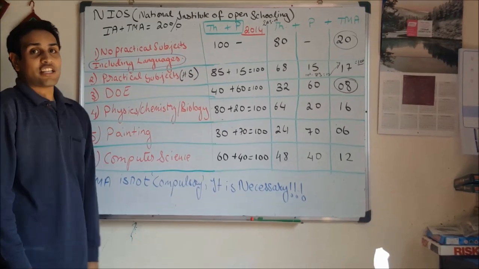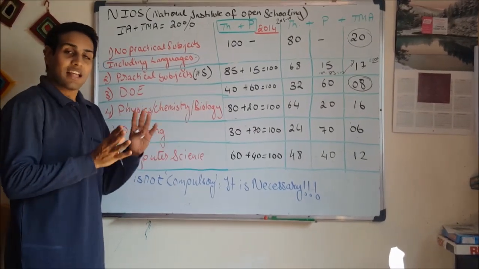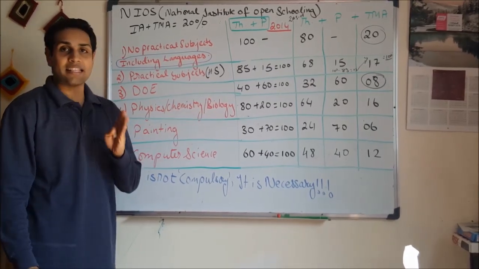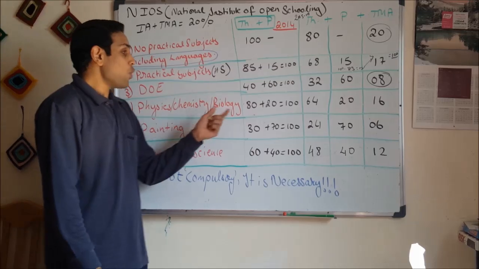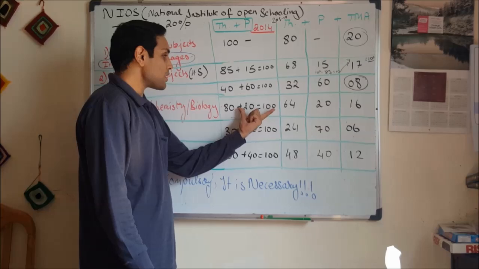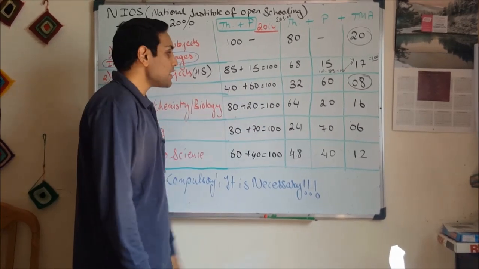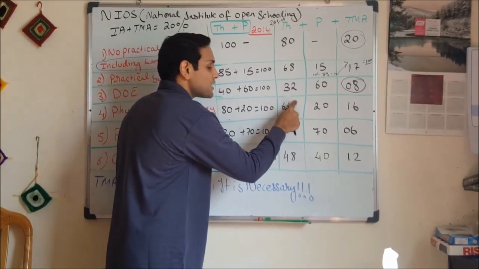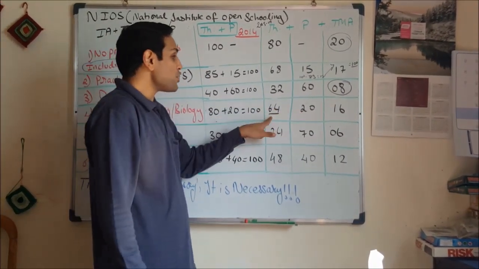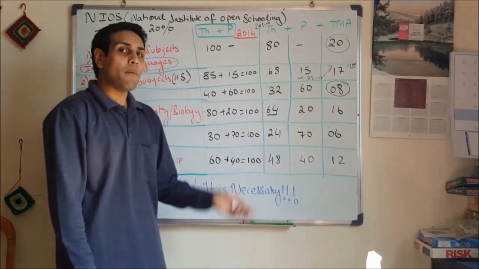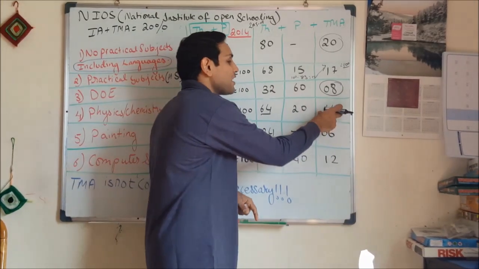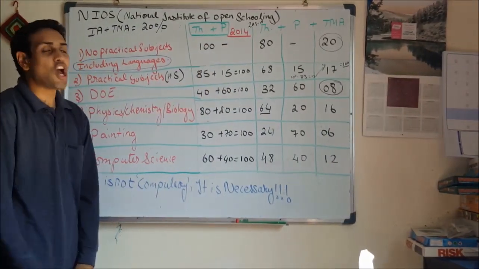Physics, chemistry, biology, especially science and technology for secondary, is a different issue. Again, there is a practical base in that. But if we talk about physics, chemistry, biology by itself as a senior secondary subject, we have the examination paper for 80 marks and the practical for 20, which totals 100. This turned into the theory exam being 64 marks, and the practical remains the same, as I told you, 20, which makes a total of 84. How much more do you need to make it 100? 16 marks more. That is why the TMA I can give you in physics, chemistry, biology is 16, not more than that.